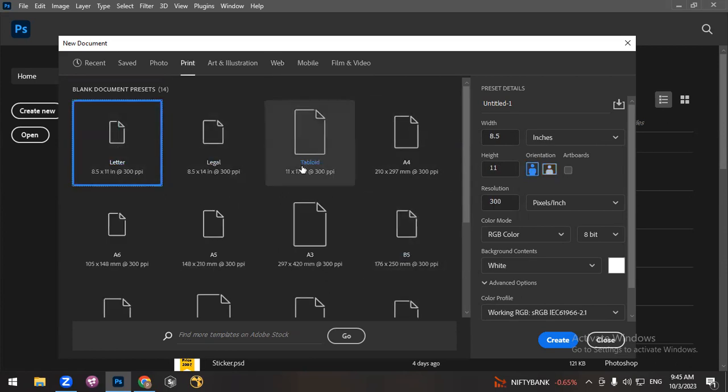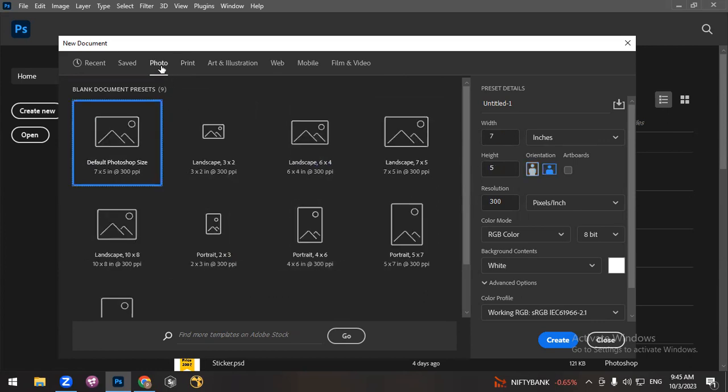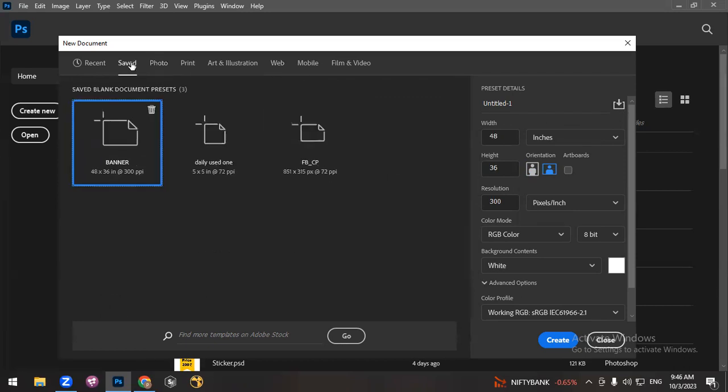sizes like letter, legal, tabloid, A4, A5, A6. All these are paper sizes. And when it comes to photo, this is also photo printing, like 8 by 6 or 6 by 4, 3 by 2, 7 by 5, different sizes of photos you're going to get. That means if you are doing photo editing and if you are printing photos, then you're going to come to this particular preset. They have given you some categories,